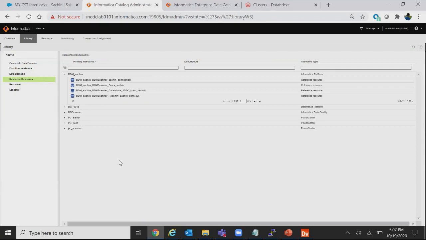So it finds the connection details and it has extracted them as reference resources. This is what the reference resources look like for the particular mapping, and then it auto assigns to that. These are all the details on the reference resources, and how it assigns to that. So let's get into the catalog